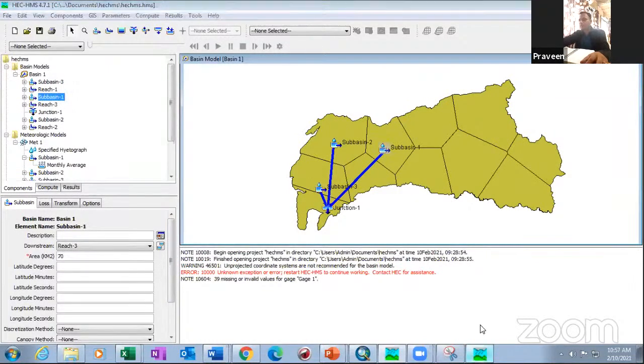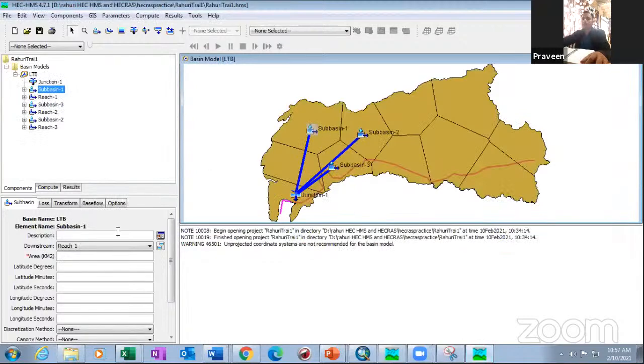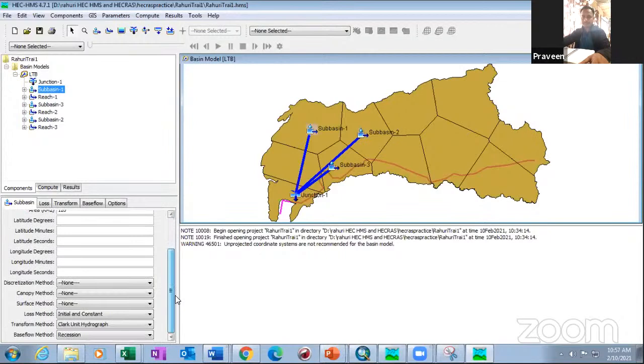Then I'll say the reported area is around 125 kilometers. I'll just finish sub-basin 1, all the parts. So sub-basin 1 area is 120 square kilometers, and then here we have to define loss method, transform method, and